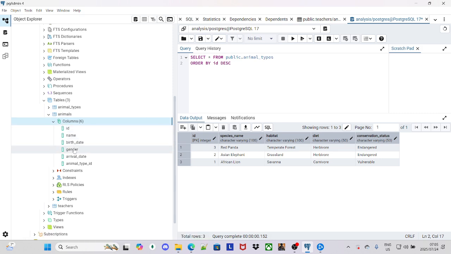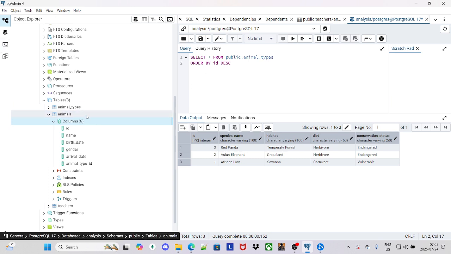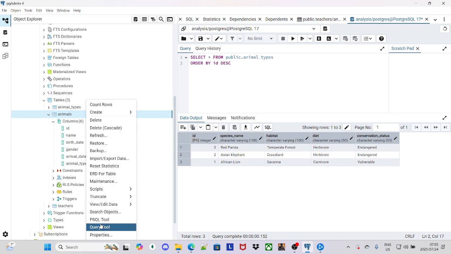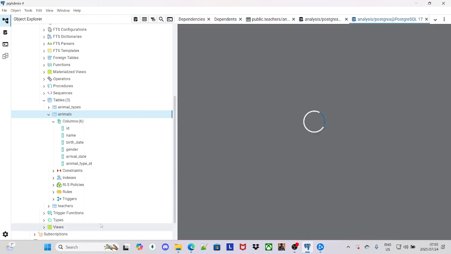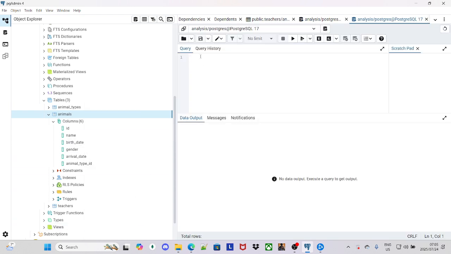So in order to put in information, what I did is I used insert into animals. Let me just show you here. Let's say query tool. This is just an example. I said insert into the table animals, right? And then my ID,